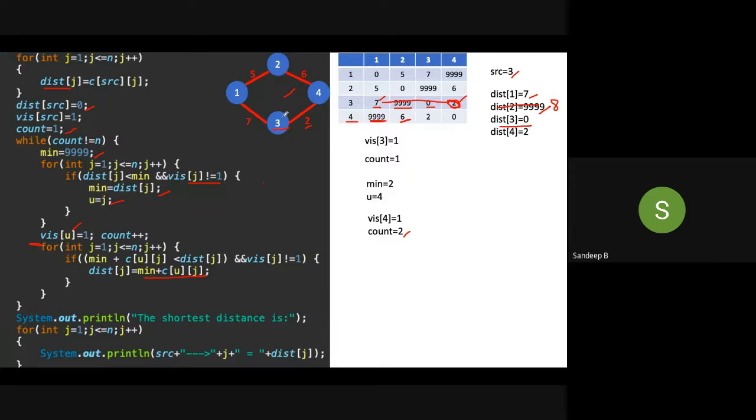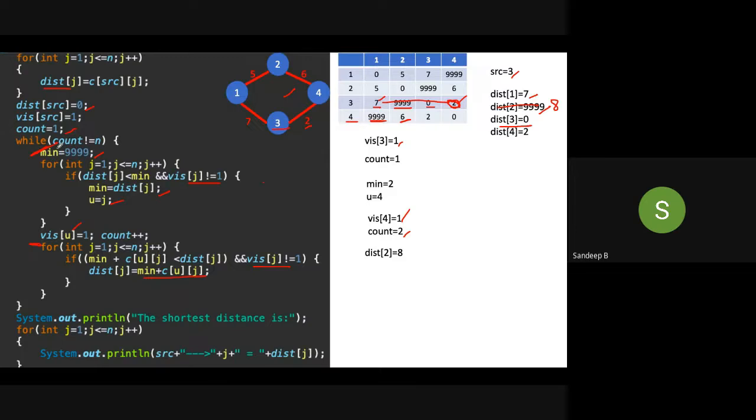In the graph you can observe from 3 to 2 there is no edge. So the distance from 3 to 2 we have written as 999, but from the algorithm now we are getting 8. It goes to 4 and then 4 to 2. So we got distance of 2 is equal to 8. Then again it will check for 1 and 2, but because they are visited, this condition will fail. Visit of 3 is equal to 1, visit of 4 is equal to 1, so this condition will fail. We'll come out of this for loop and again start from the beginning.